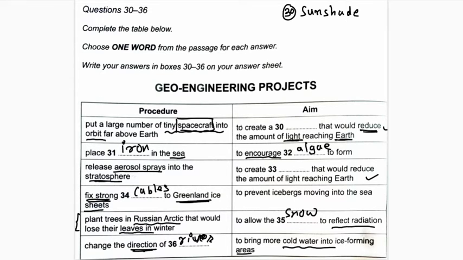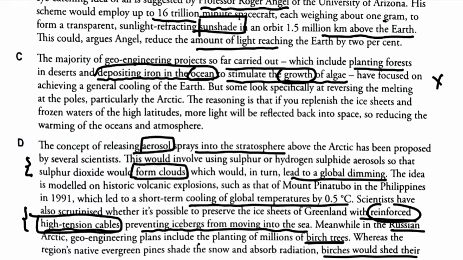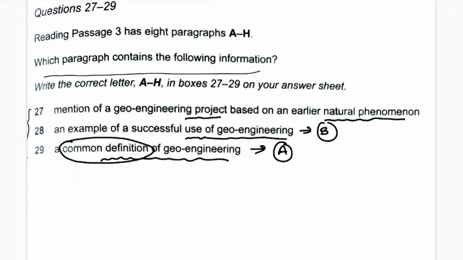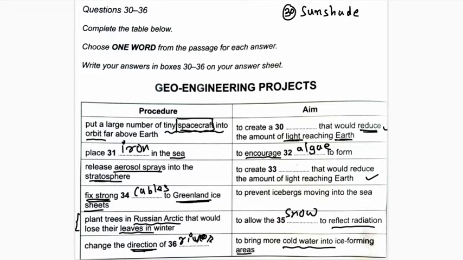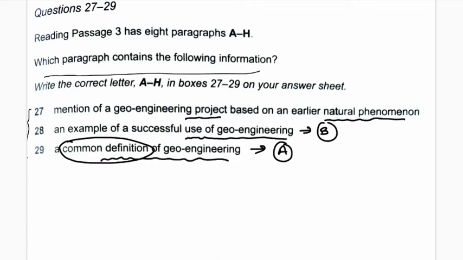So, release aerosol spray into the stratosphere to create dash. So we have already discussed that to create what? Form clouds here, guys. I have already mentioned but forgot to write down. So what to do is involve using sulfur and hydrogen sulfide aerosols so that sulfur dioxide would form clouds. Okay, so here, to form clouds. Clear everyone? Next,